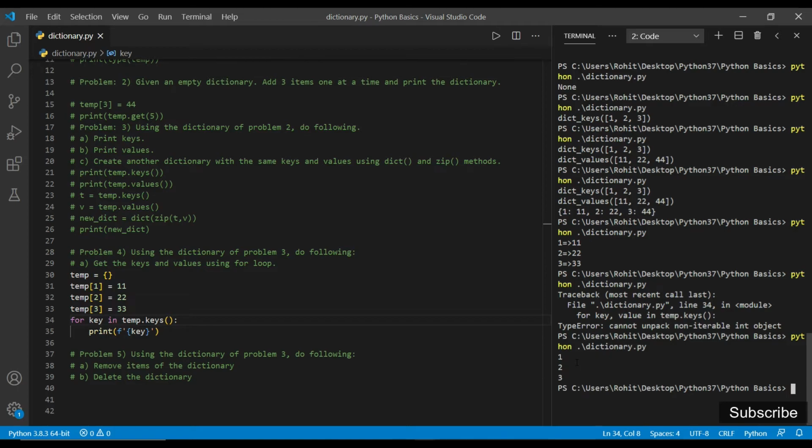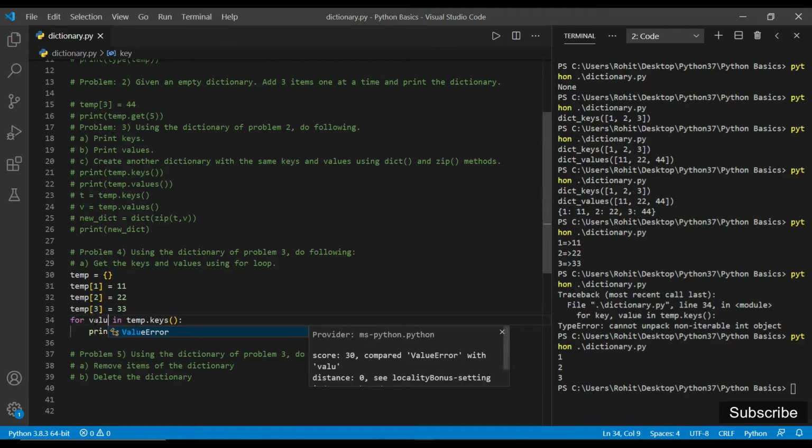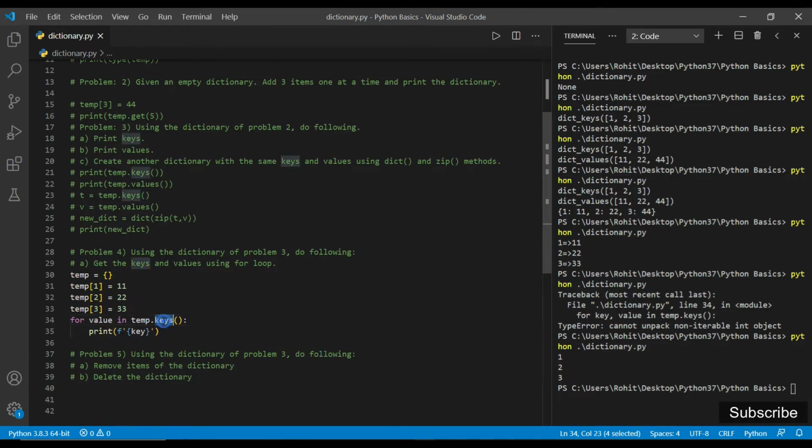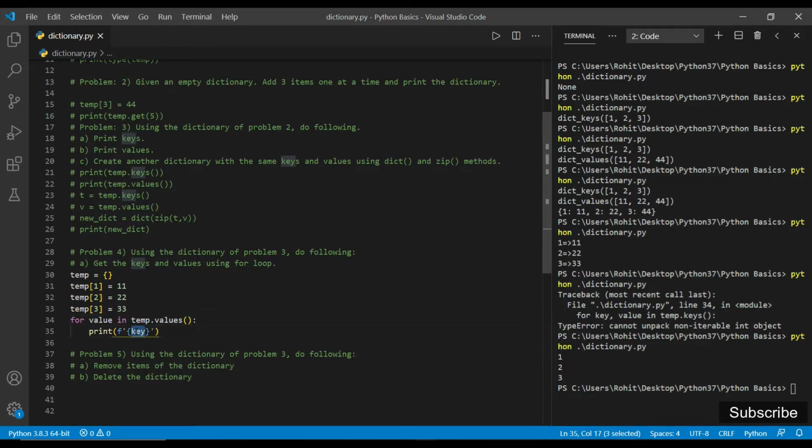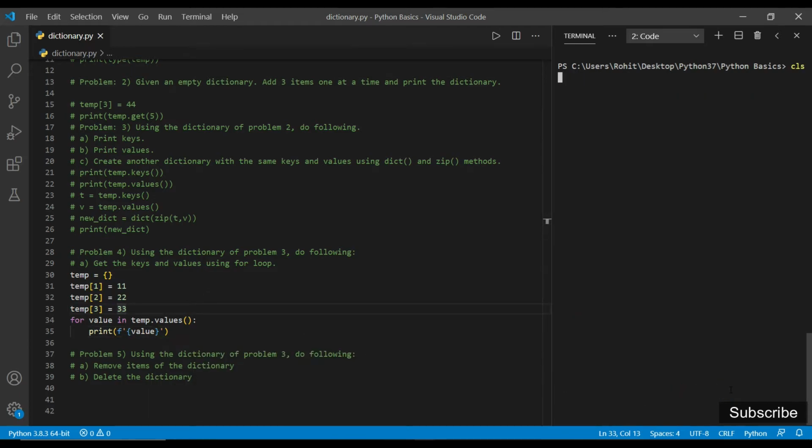As we can see, we are getting 1, 2, 3 as the keys, and we can also use the values method to print the values of the dictionary. Here we have to write value. So we can see that we are getting all the values of the dictionary temp. So like this we can use loops to get the keys and values.